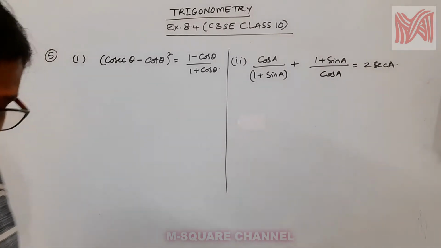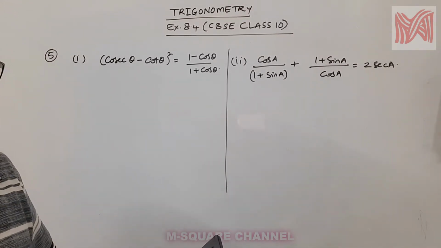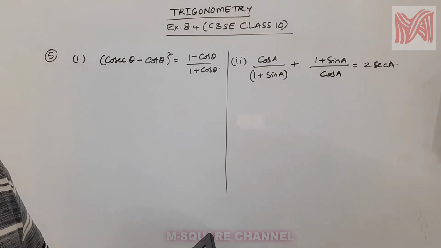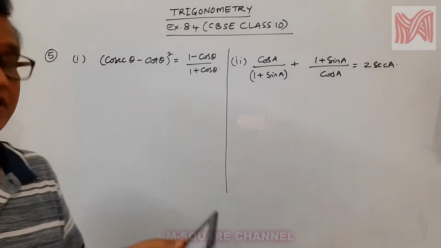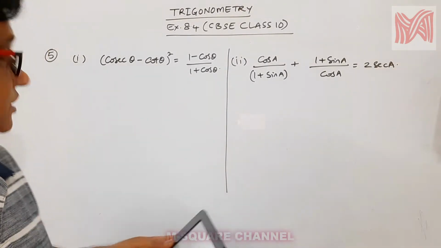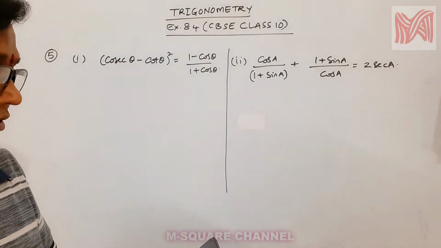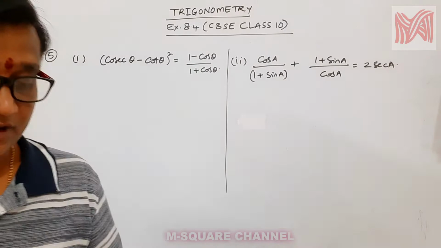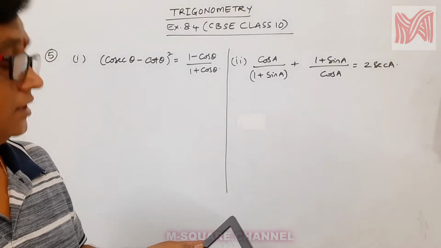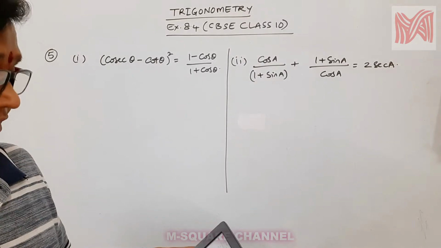In question number 5, prove that the following identities, where the angles involved are acute angles for which the expressions are defined. That is, (cosecant theta minus cot theta) whole square equals 1 minus cos theta by 1 plus cos theta. And the second question is cos a by 1 plus sin a plus 1 plus sin a by cos a equals 2